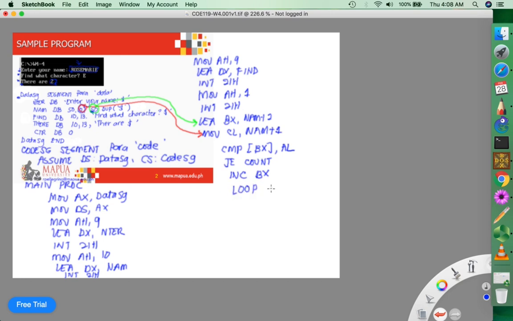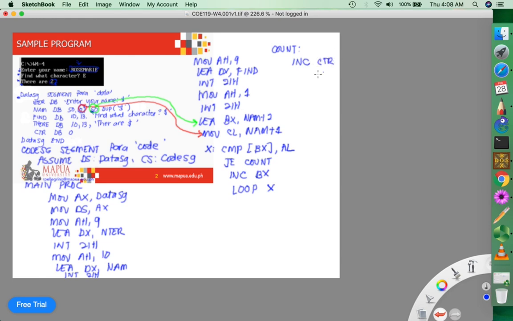So where are we going to loop? Assuming that we loop in this particular part. Then, once all the elements are evaluated, what will be the next thing to do? It will go out. So say for example, if that is equal, what will happen? We have here a value of count. What it will do is increment the